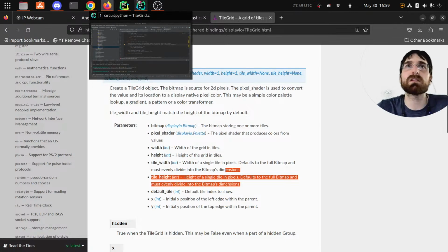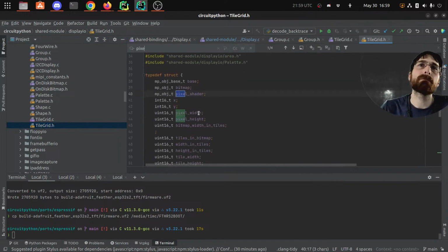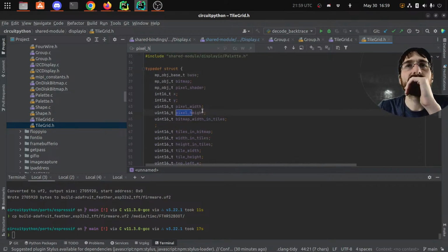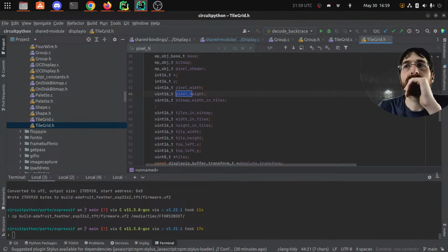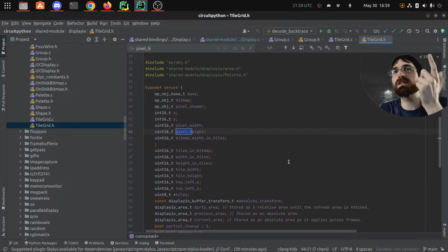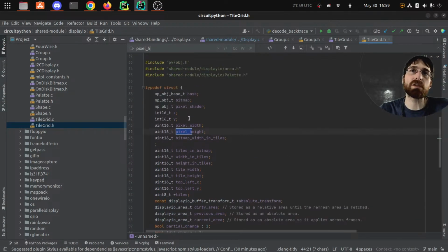Maybe that's what it's talking about. Tile height and tile width are separate. Maybe it's multiplied. Yeah, that must be what it is. It's multiplied. So the pixel width must be the tile width